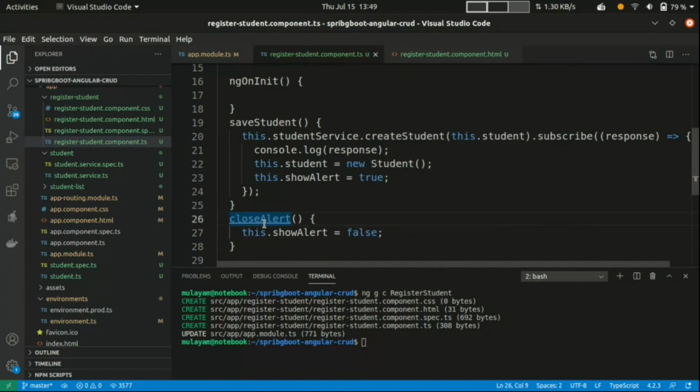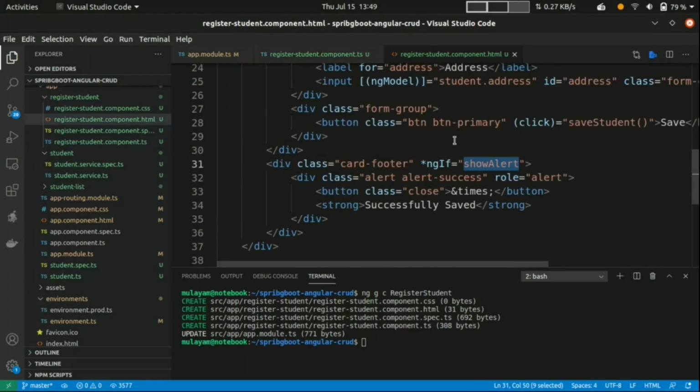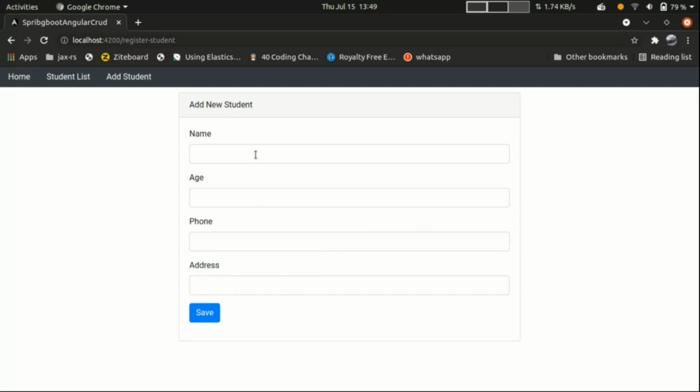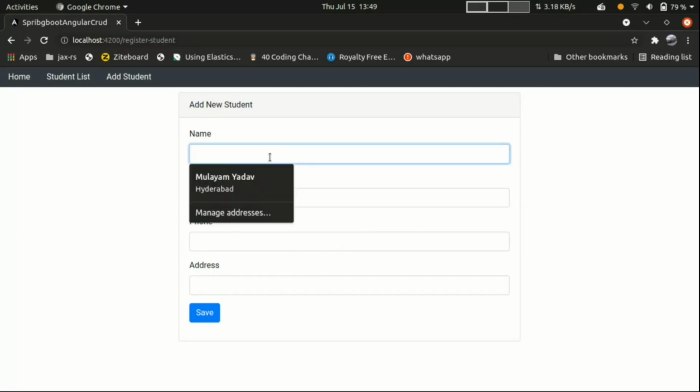So when we click, I want to call this function. Just come here, and on click of this close button, click equal to closeAlert. That's great.